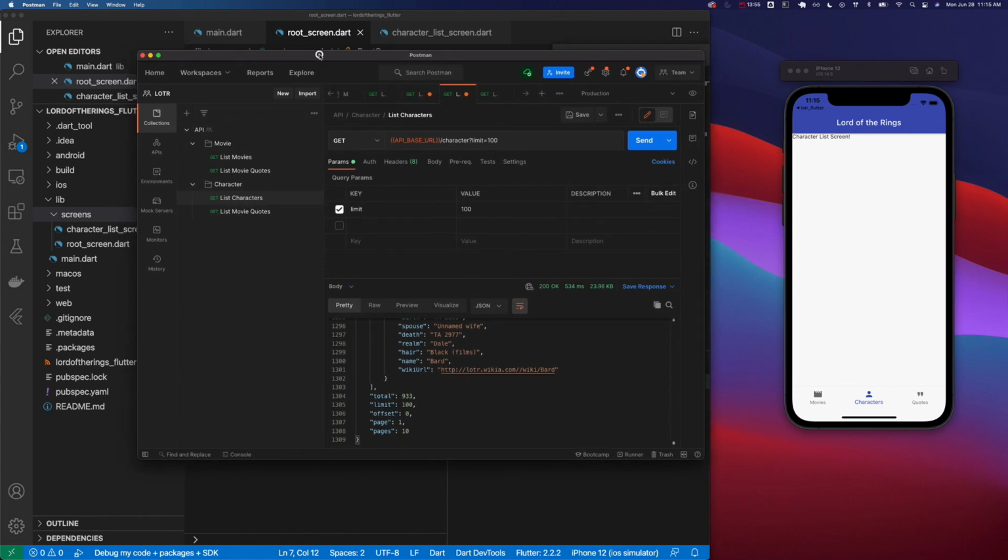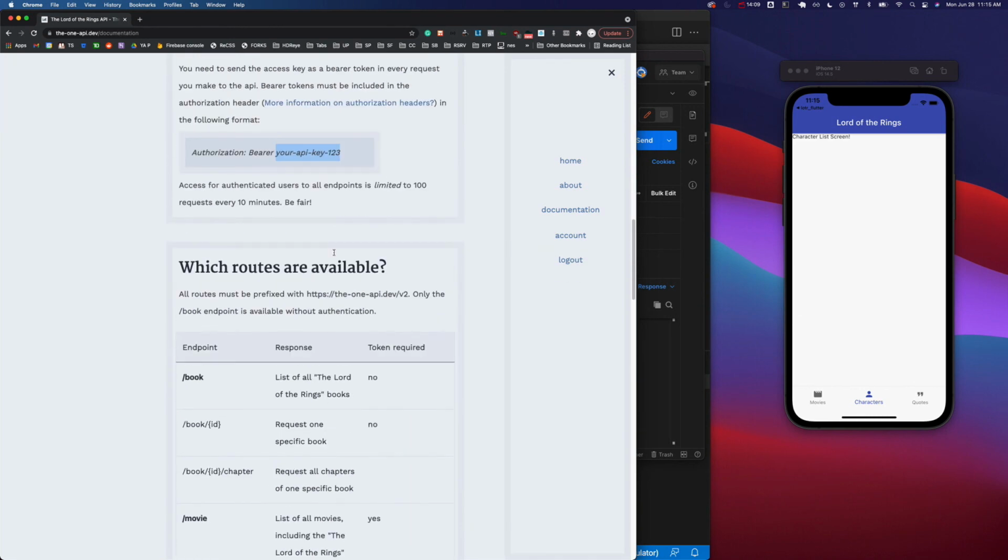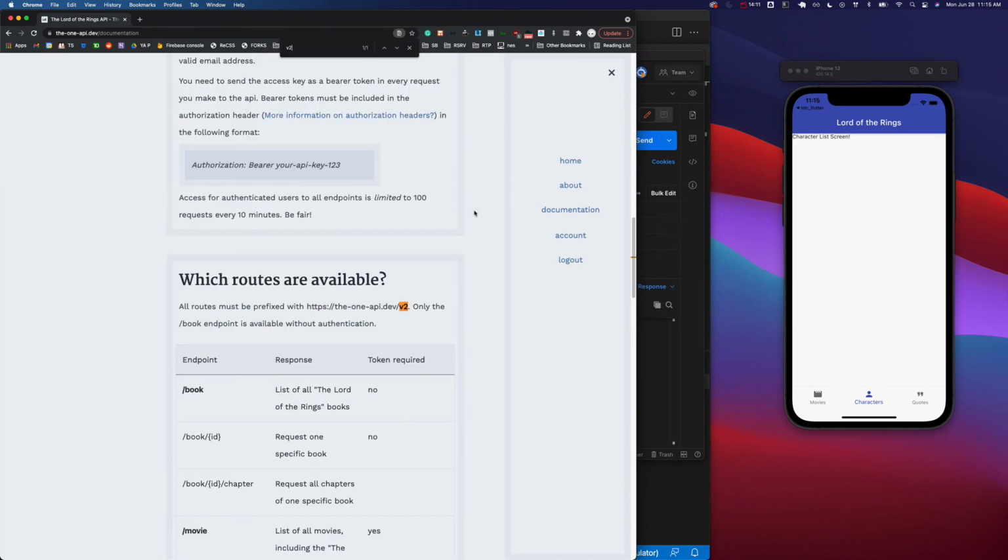And we're just going to take a look how this works. Now, when you do set this up, you will have to go in and create an environment if you want to make use of these variables and create an API base URL. The API base URL you can find from the docs, and you'll see, I think if I search for V2, this is basically what I have pasted in